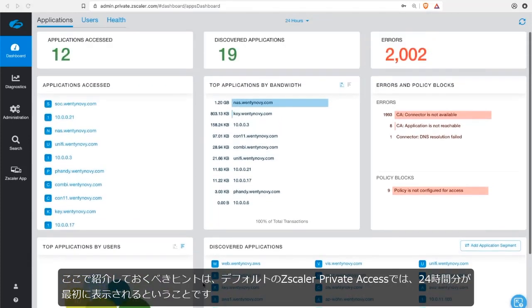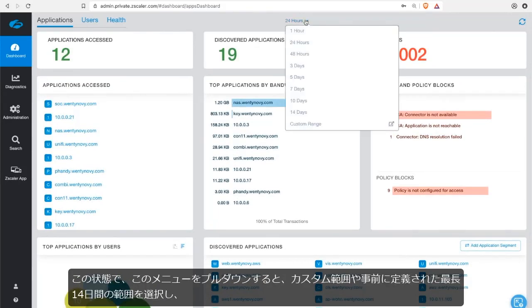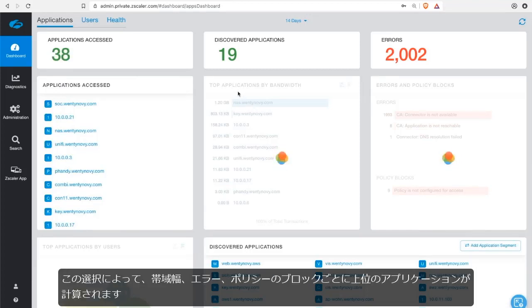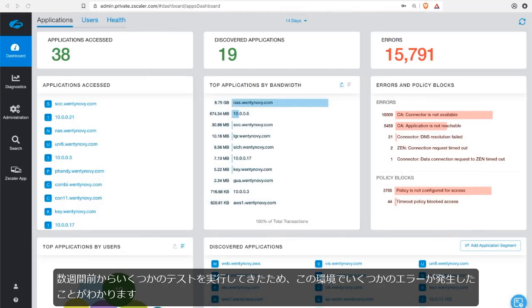A pro tip is that by default, Zscaler Private Access provides the initial view in a 24-hour period. You have the ability to pull down from this menu here and select a custom range or a predefined range up till 14 days to see the number of applications that have been accessed, discovered, and number of errors that have occurred. This will also be calculated into the top applications by bandwidth, errors, and policy blocks. You can see I've had a few errors in my environment over the last few weeks